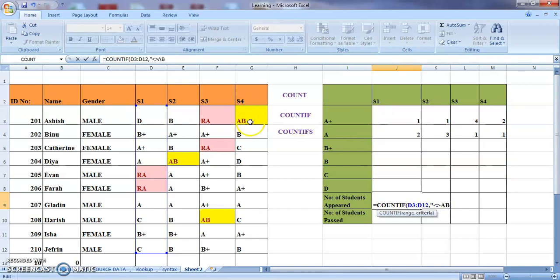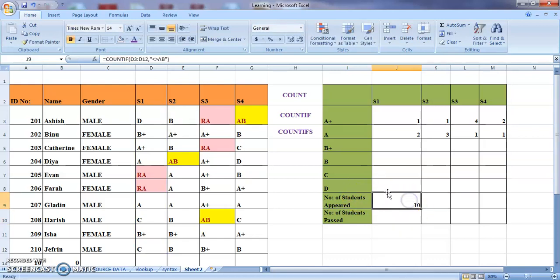This is how I have marked it here. The same format within double quotes, then close the bracket. You can see COUNTIF, the particular range, then this represents not equal to. What do the less than and greater than signs imply? Not equal to Absent. Now give enter.